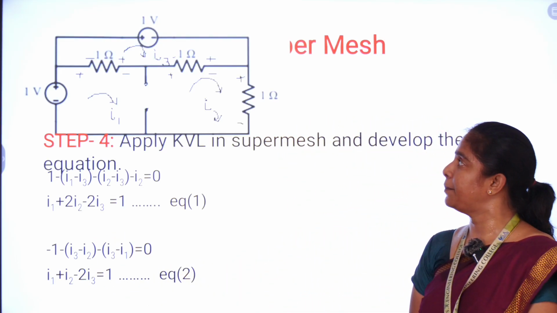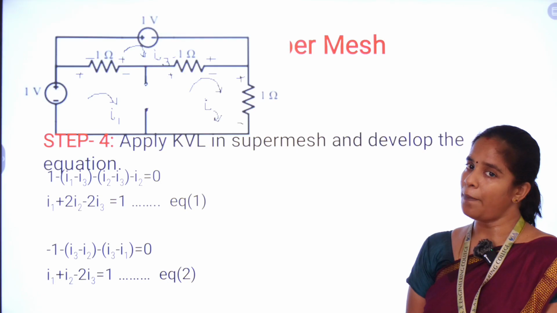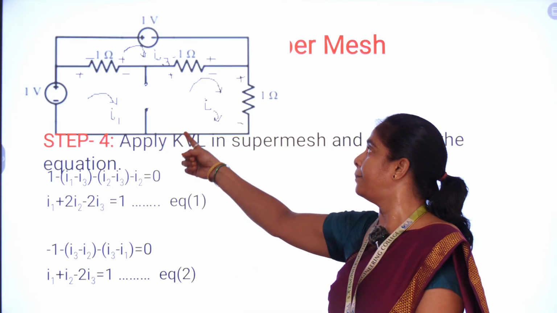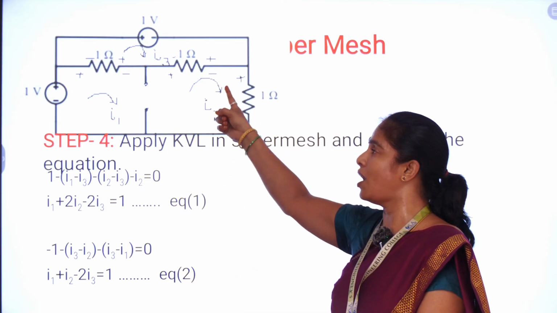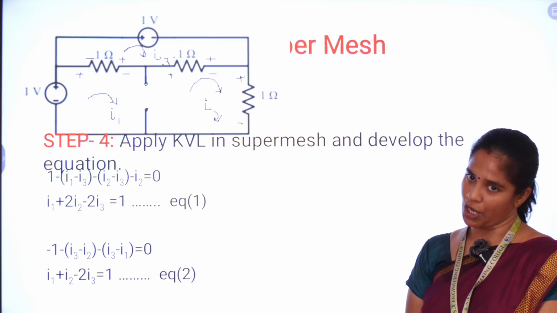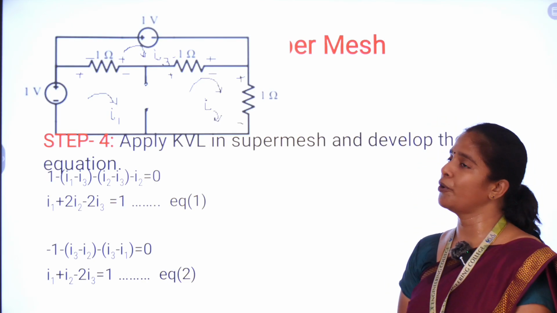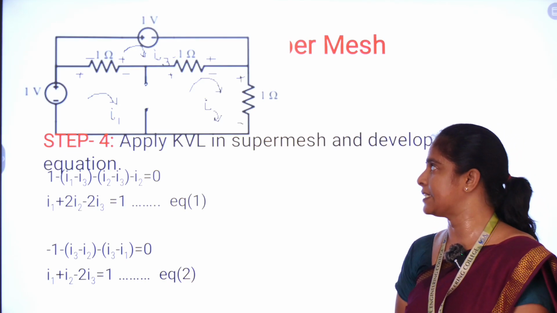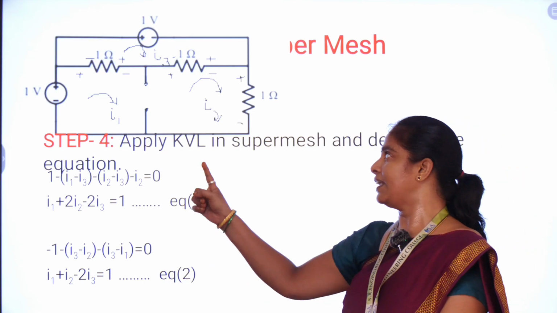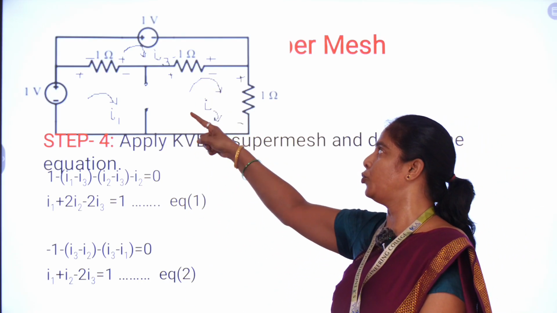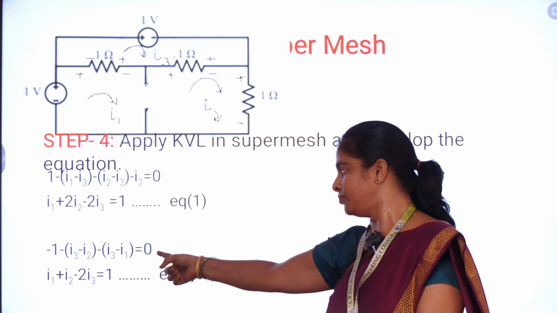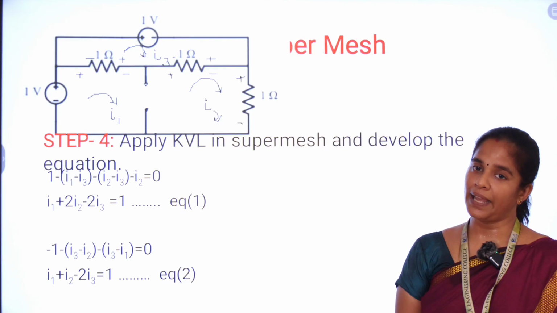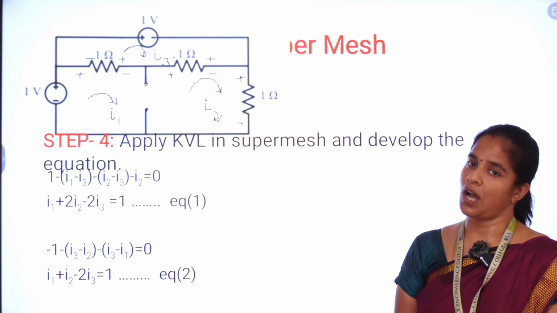And next element is nothing but a resistive element, where the voltage is going to drop, and the current component is ending with negative, low potential, and the voltage is the resistive element 1 multiplied by I3 minus I2. And next resistive element is going to be a 1 ohm resistor. So the voltage drop in the 1 ohm resistor is also given as 1 into the difference between the two currents, I3 minus I1. By arranging all these current components, we are getting equation number 2. So now we have applied KVL to the two meshes in our circuit.